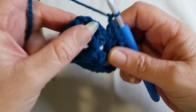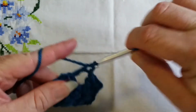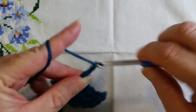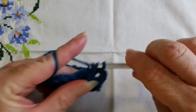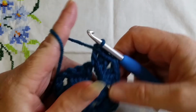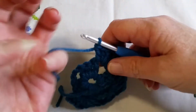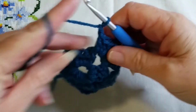So we'll chain 1 again, and then we need to work our 3rd corner. So again, just 3 double crochet, a chain 2, and 3 more double crochet, all into the one space. And granny squares are beautiful because you're working into spaces all the time instead of working into the tops of stitches like with some other types of crochet. So again, we're on a side, we're hovering over a cluster, so we're only going to chain one, and then